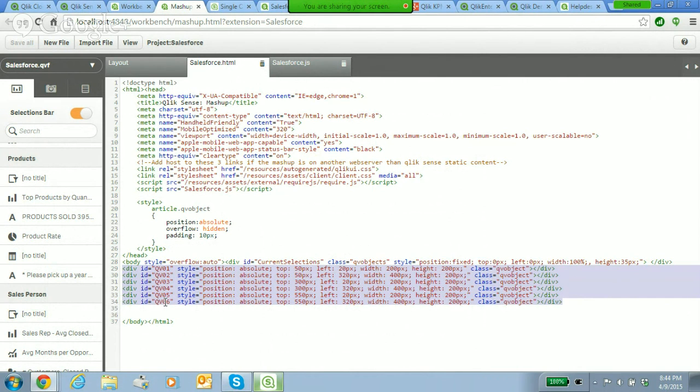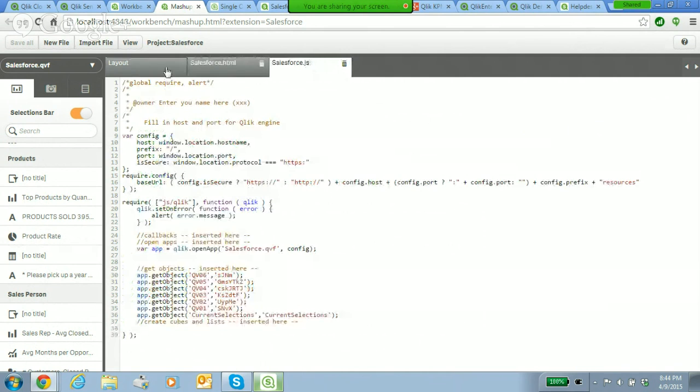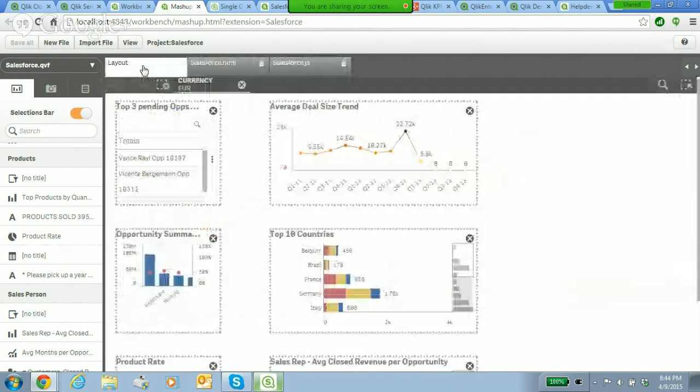These are the objects and their names that we're bringing in, and they are able to bring that information in. So we're going to do that. Do Salesforce.com. There's our Salesforce thing. Now what we've done is actually create basically a mashup. Now let's view this. So if I click on view,